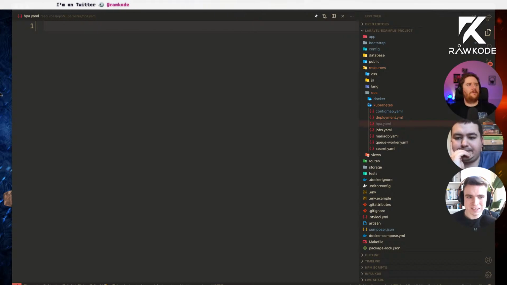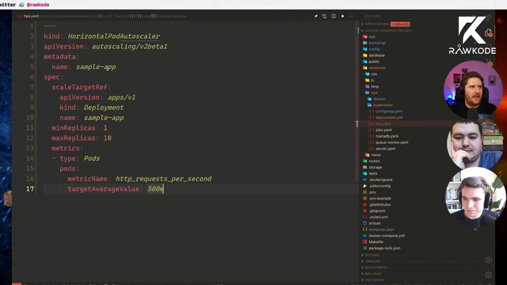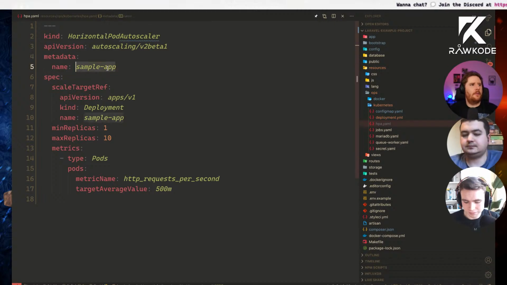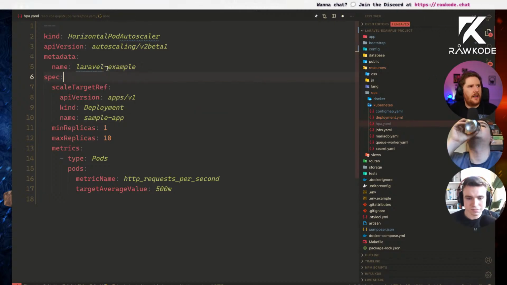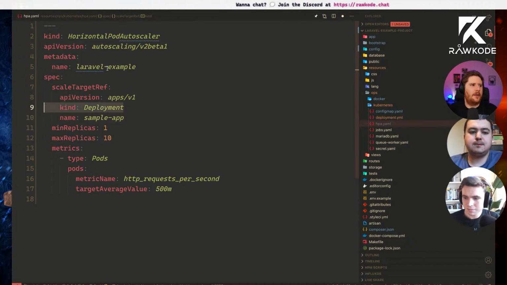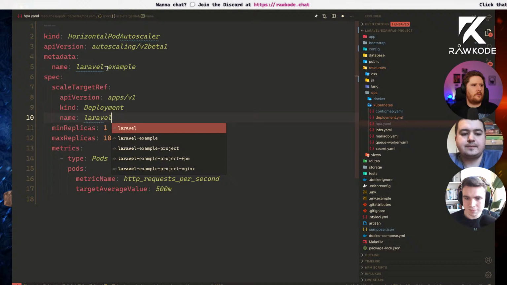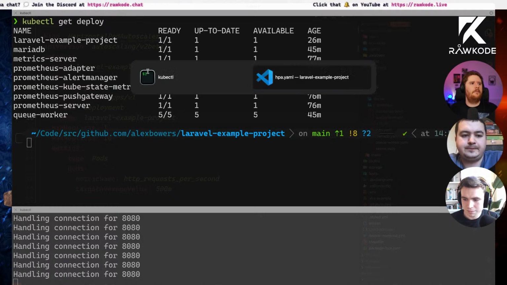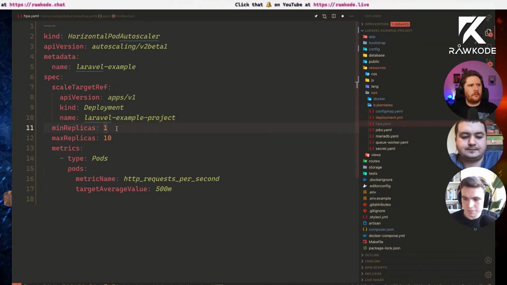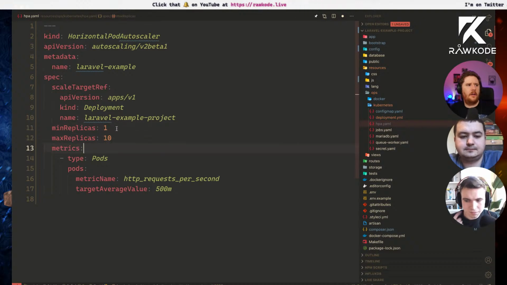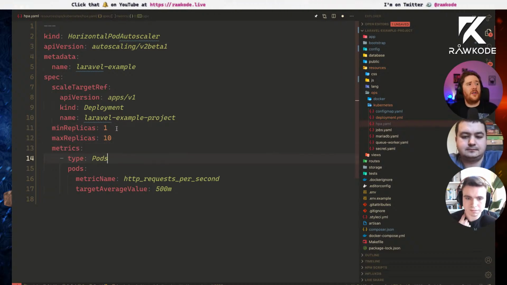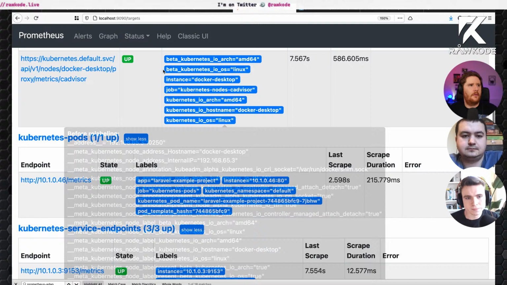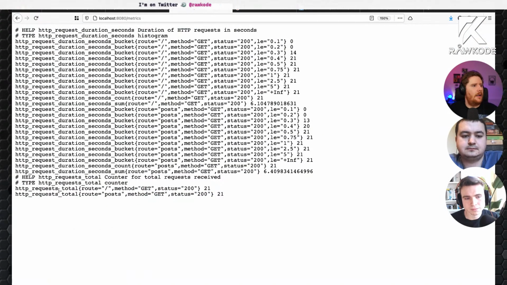Okay, so here is our standard HPA. Now, what do we need to tweak here? We'll just continue to call this Laravel example. We have to tell it what to target. We are targeting a deployment. Ours is called Laravel example project, I think. Yep. We're going to go from 1 to 10, depending on how we need to scale. Metrics are going to come from pods, and then our metric name. So we can copy this. I'm not port forwarding anymore, so we can't do it from there. But let's copy it from